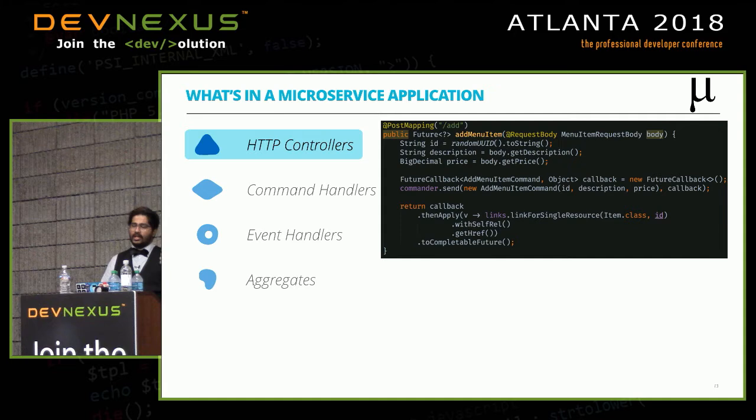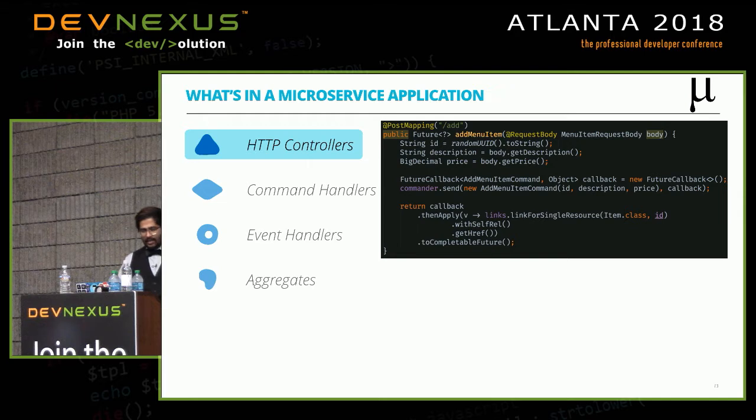Coming back, the command is essentially a request to change something on the write side. So if you want to either add, update, or delete something, you will fire a command. Commands inherently can be rejected because of business rules. So when you say, I'm about to fire an add menu item command, you're telling the system, the client has asked me to do this. I don't know if I want to do this just yet based on whatever business rules I have, but can you take care of this work?